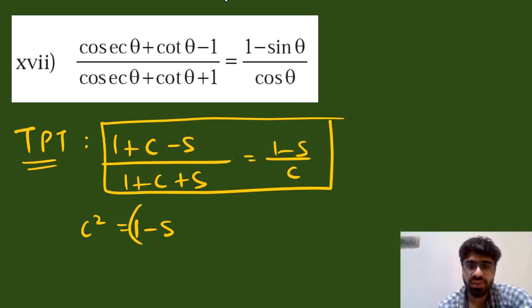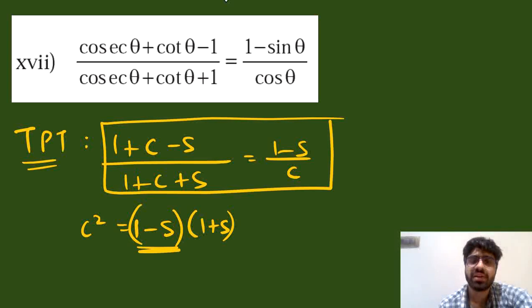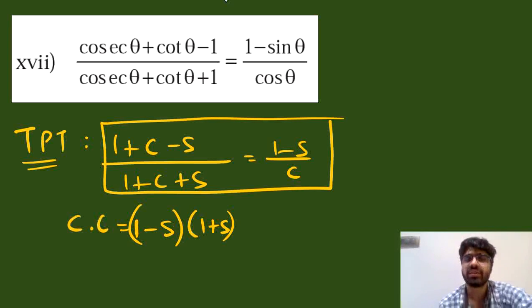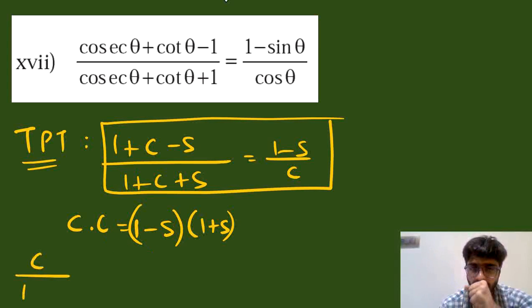1 minus sine square theta would be 1 minus sine theta into 1 plus sine theta. Keep that 1 minus sine theta in the numerator. Take that 1 minus sine theta in the left hand side and take it in the denominator. Even cos square theta would be cos theta into cos theta. So we will bring 1 cos theta on the right as well. With all that, we have cos theta upon